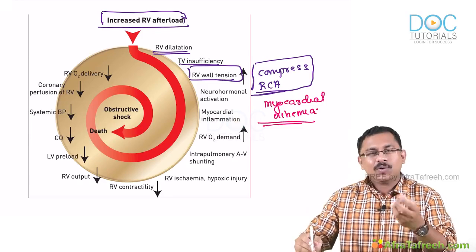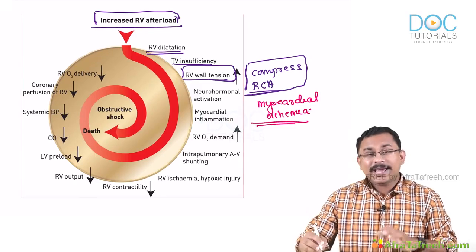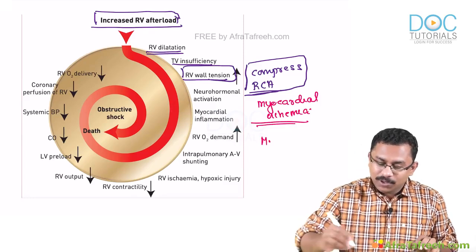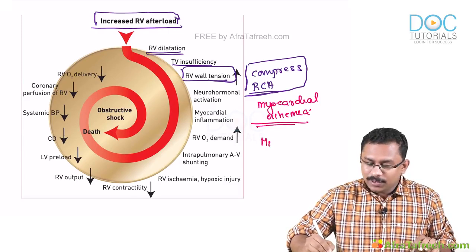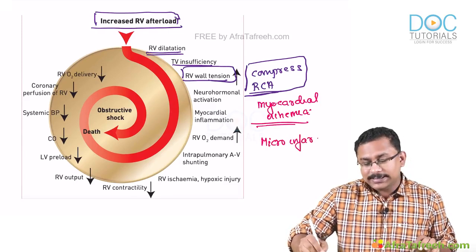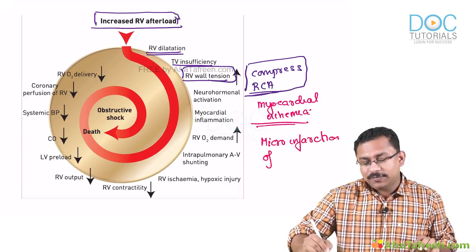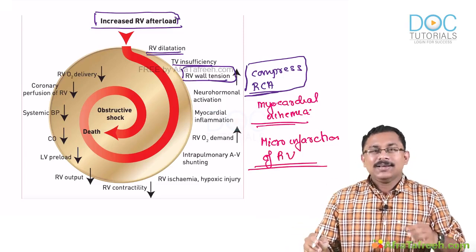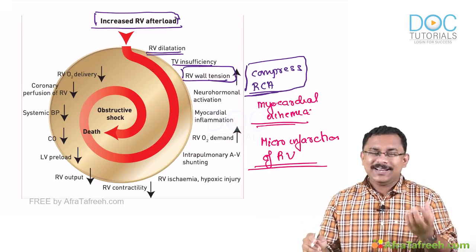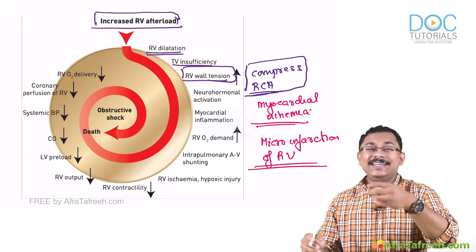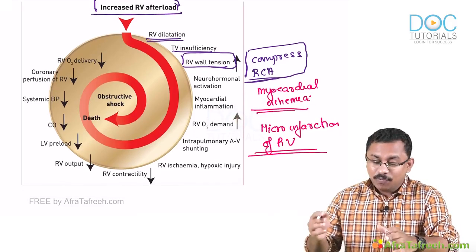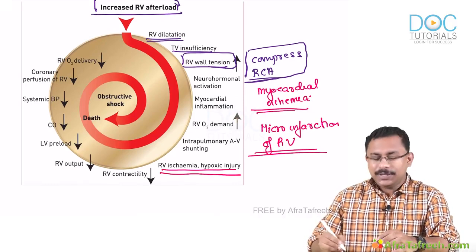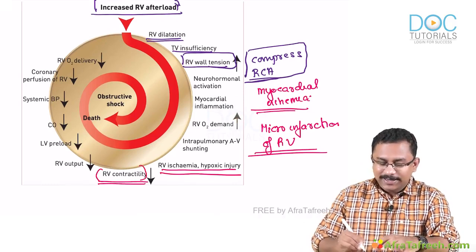So there will be myocardial cell death also, which can very well resemble a myocardial infarction, and this is called a microinfarction. Harrison has mentioned it as a microinfarction of the RV. So already there is an oxygen demand, and on top of that you are having ischemia of the cardiac wall as well. So there will be RV ischemia and hypoxic injury,